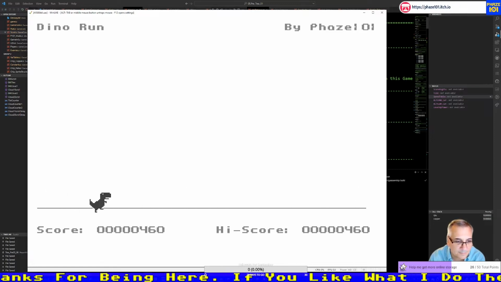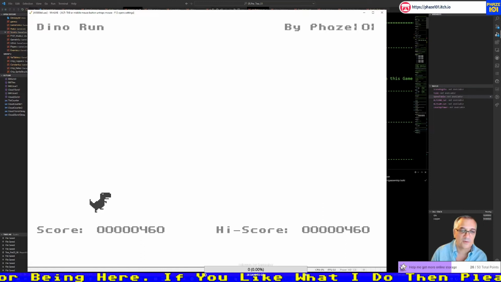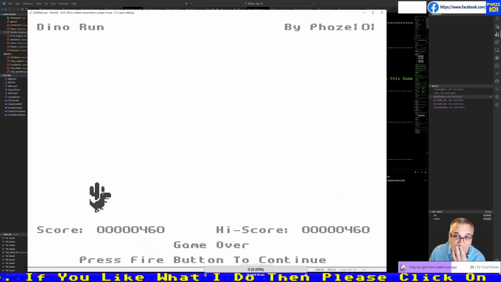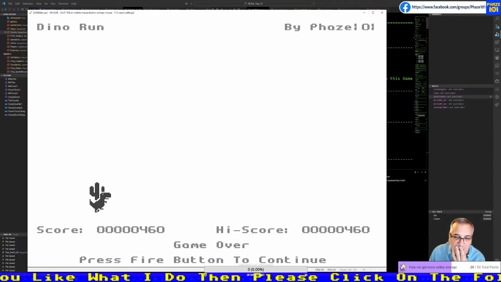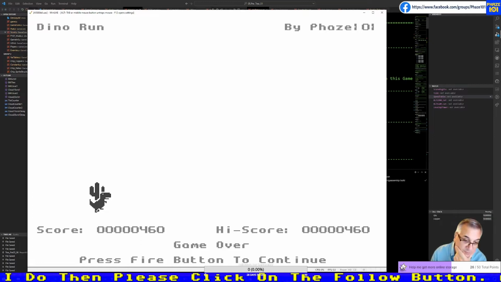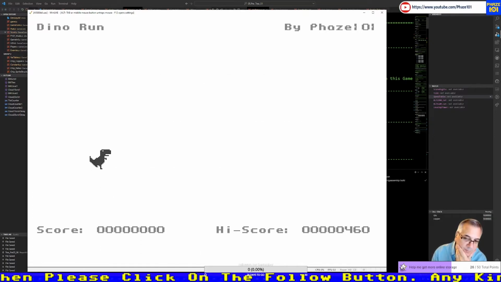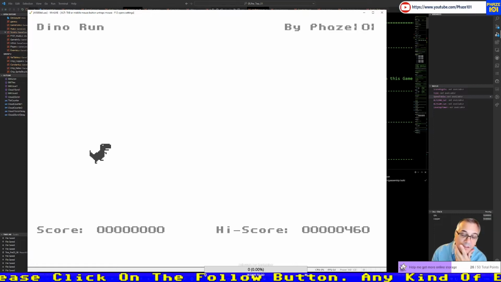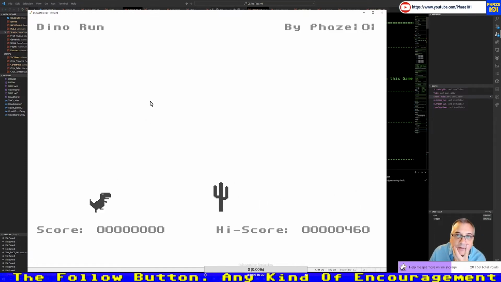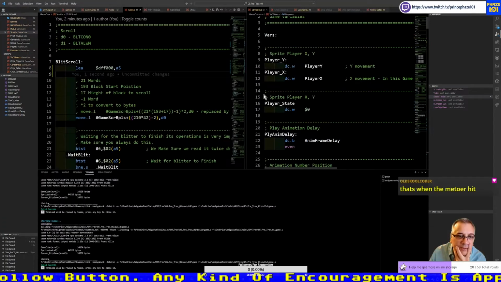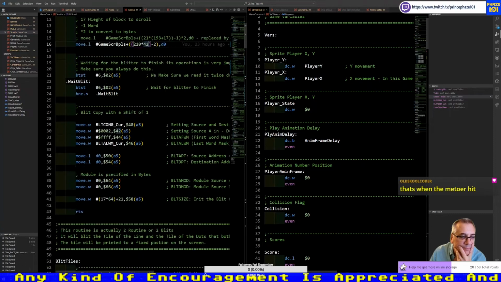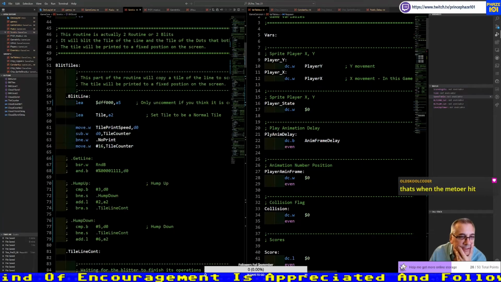Let's see. Oops, it vanished. It vanished. That's strange. No, it doesn't. It resets and it doesn't even start again. So that means it's this that prints the line.